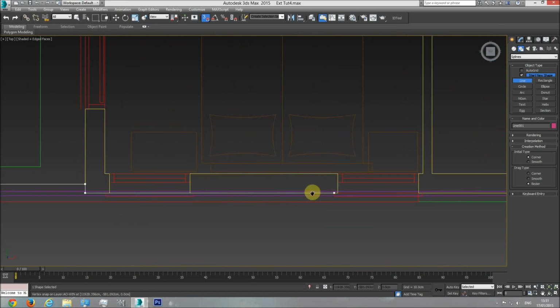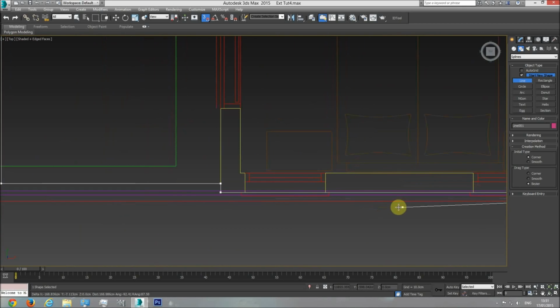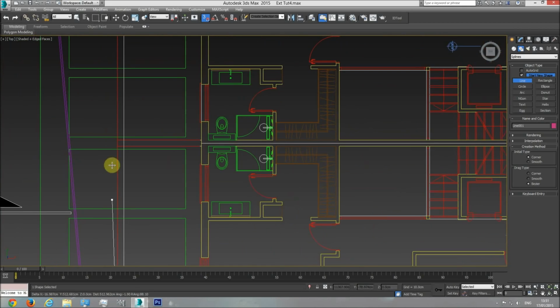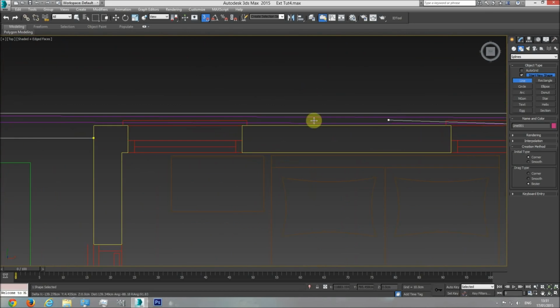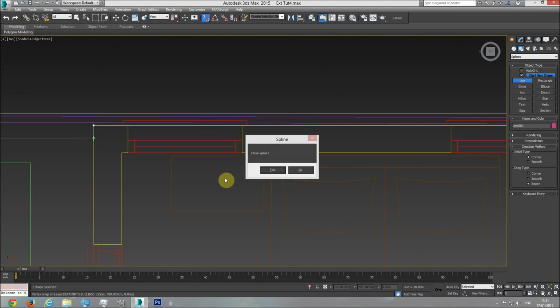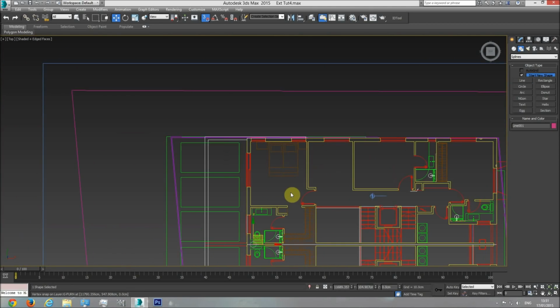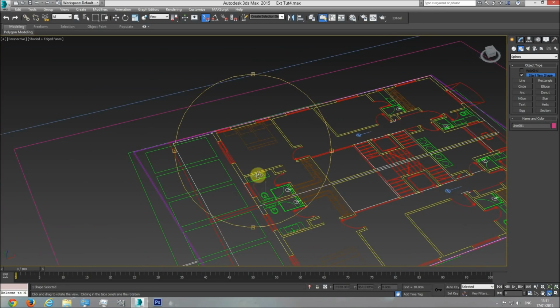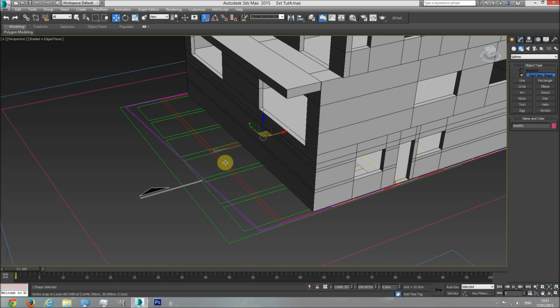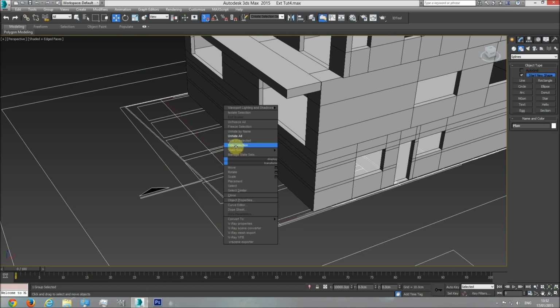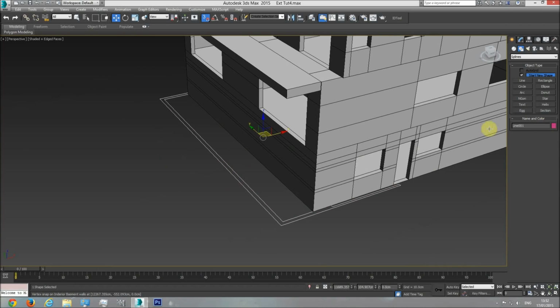Going over the walls and until here. And go back. The red line ends here. I'm going to go here and close the spline. That's great. Now I'm going to unhide everything. I'm going to hide the plan, and as you can see, I created a line that is, let's call it, the balcony floor cover,